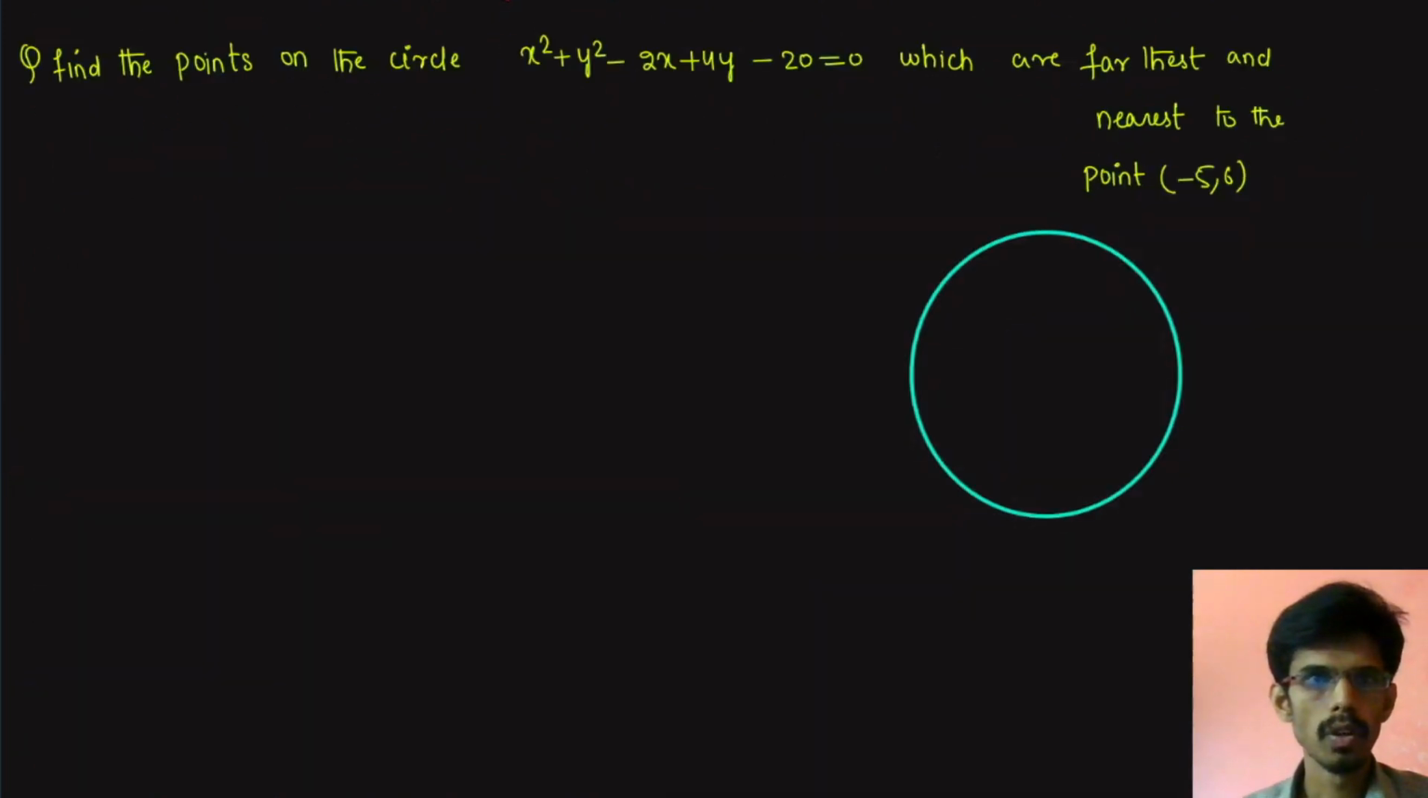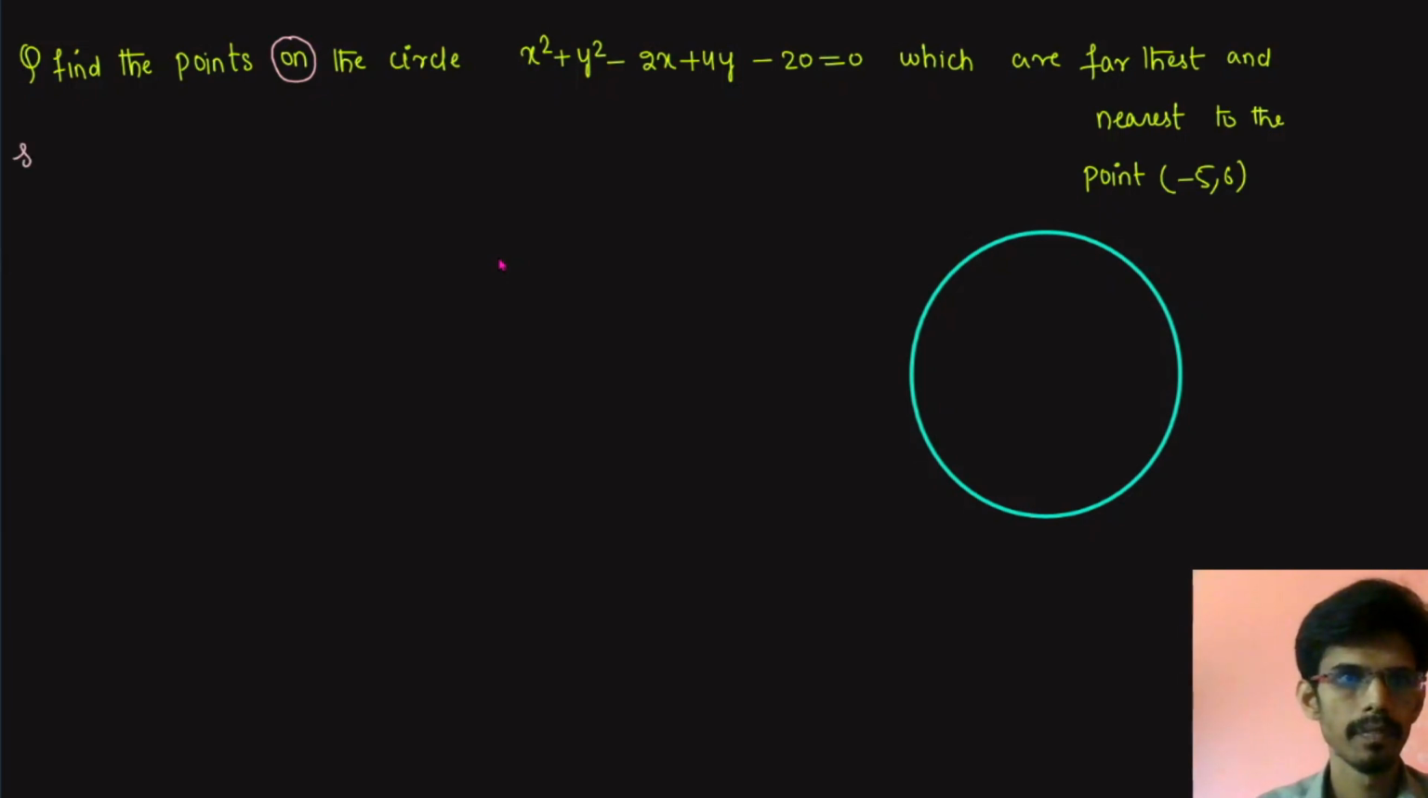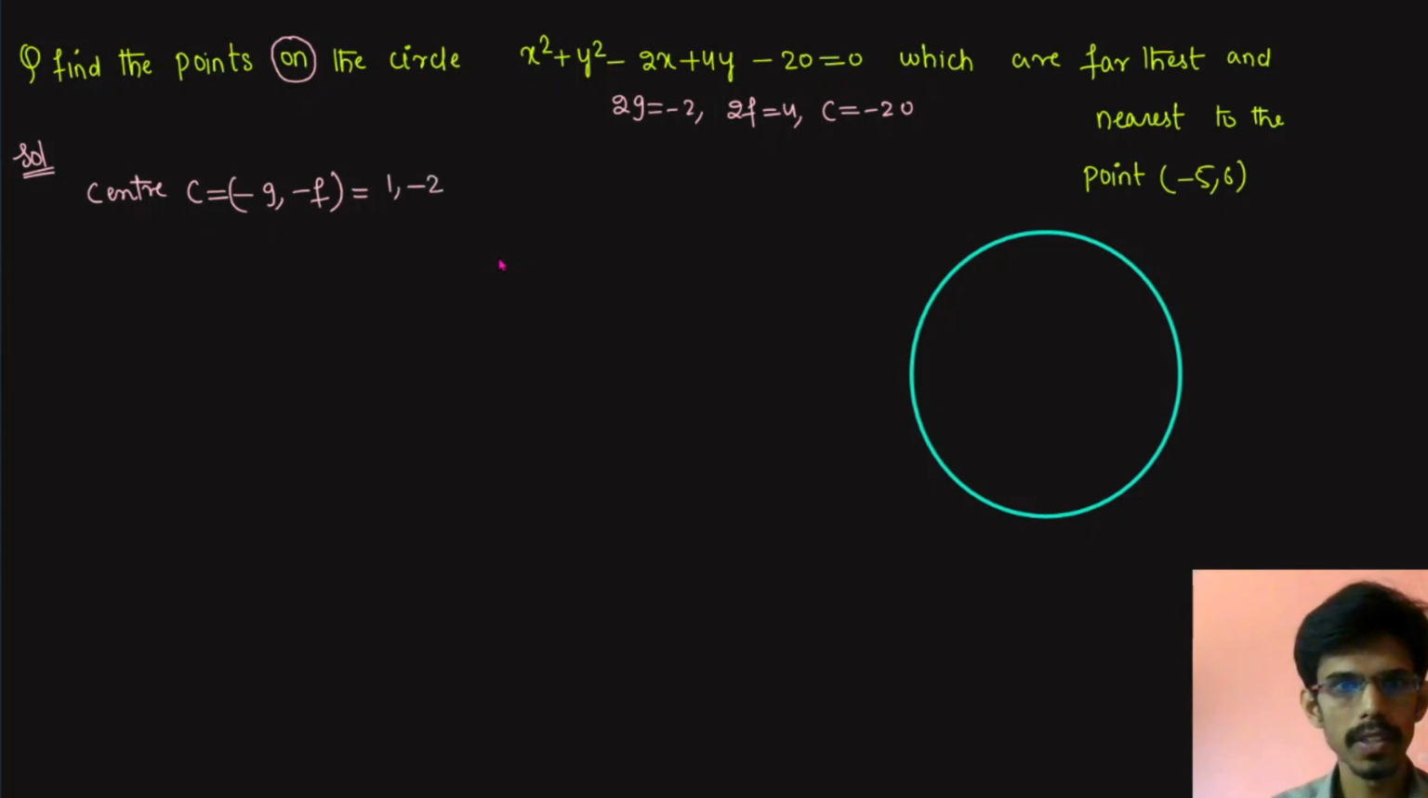Find the points on the circle. Okay, we have to find points on the circle which are farthest and nearest to this point. Now compare this equation with standard form. Here I will get 2g equal to minus 2, 2f equal to 4, c equal to minus 20. So the center C is equal to (minus g, minus f), which will be (1, minus 2), and radius